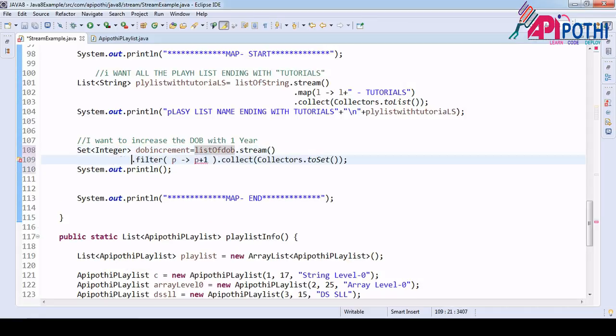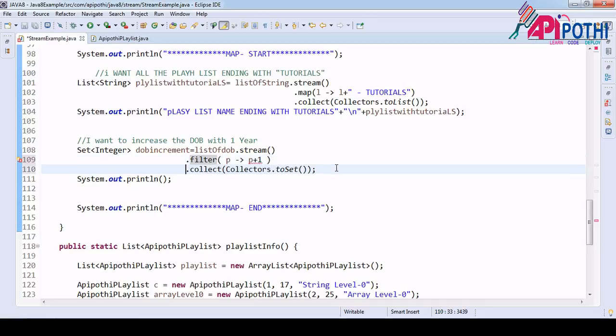Okay, let me format it a little bit. Sorry, I meant filter map. Typo mistake. Okay, done.